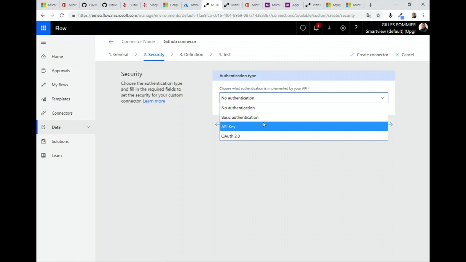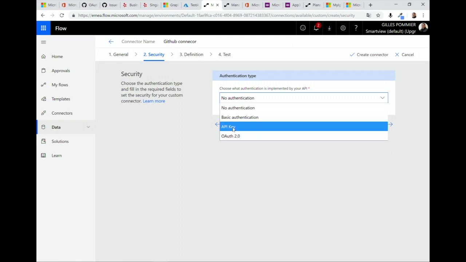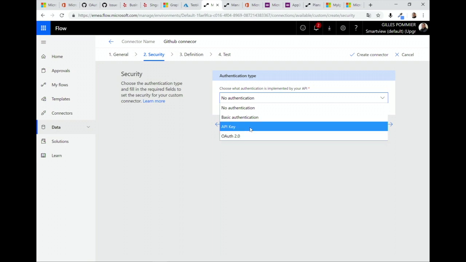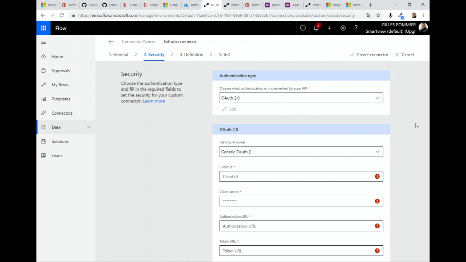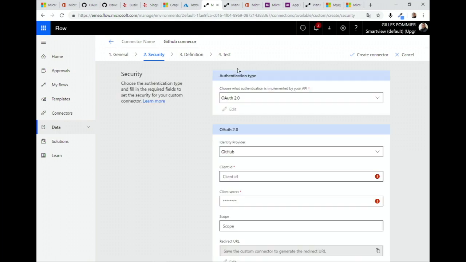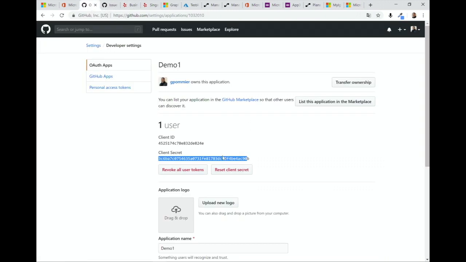And if I go to the security, as I showed you before, I can have different types of authentication. So no authentication, basic authentication, API key, or OAuth, like this. So in my case, I will use OAuth. And then, for my provider here, I will take the GitHub provider. So the GitHub provider needs a client ID. So the client ID will be this one.